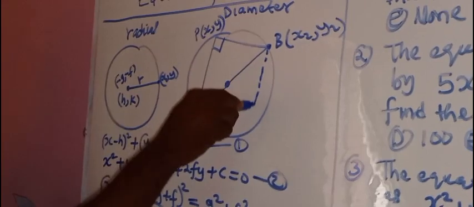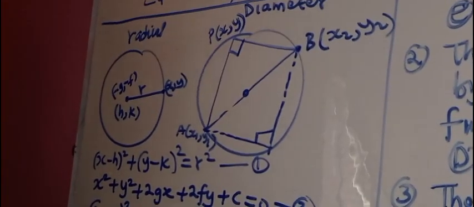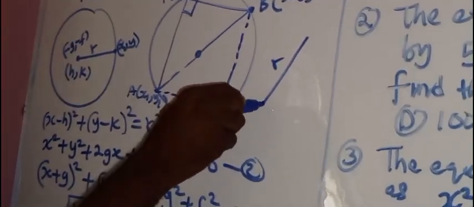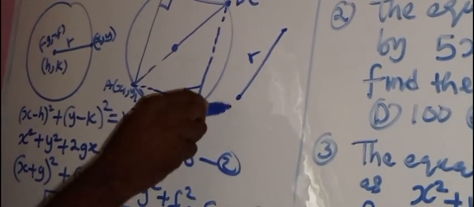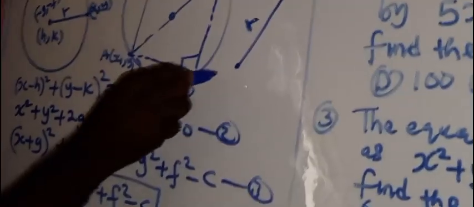If I should project this point here, and I project it here, provided this place is diameter, the angle here is 90 degrees. So that means we have a right angle triangle, we have another right angle triangle. Please take note of that. Now, so if you have 2 points, and this is the radius or distance, to establish the length of this is that we will take,